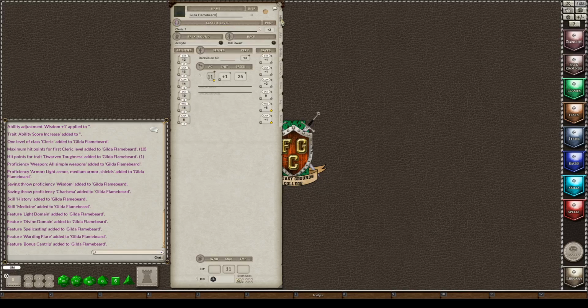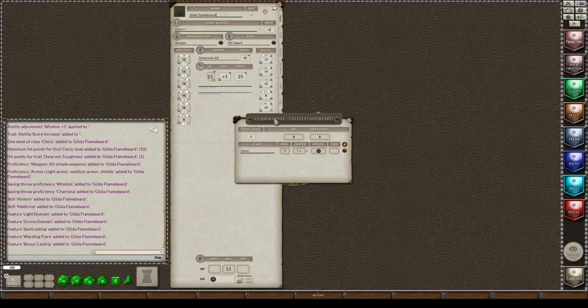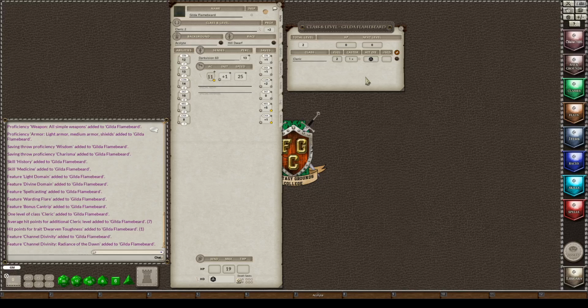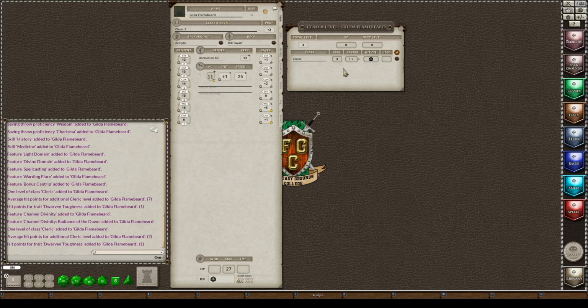I'm going to go back to my main sheet, and I'm going to continue by leveling her up to level 3. Now I clicked the magnifying glass, and then I'm going to take the shield. I'm going to drag it off of the pop-up and then back on, and one more time, and let go.